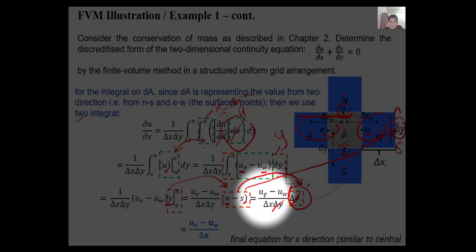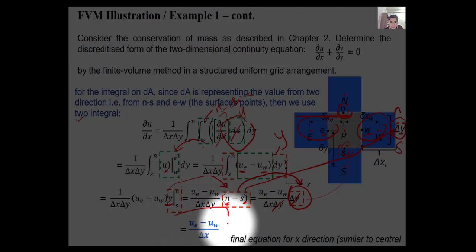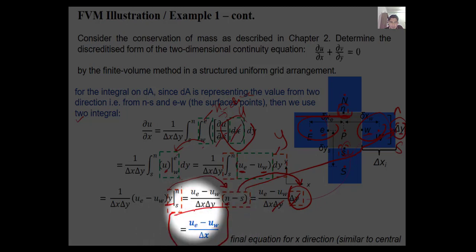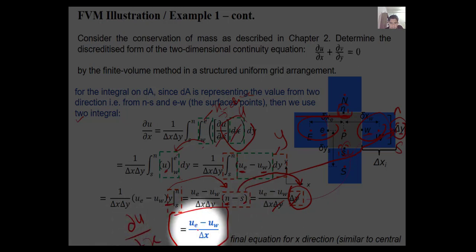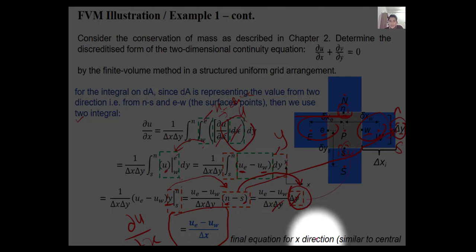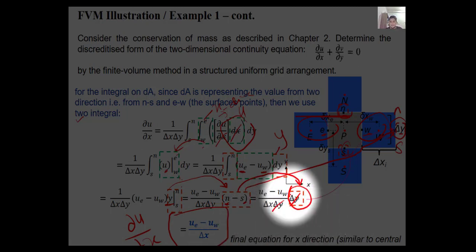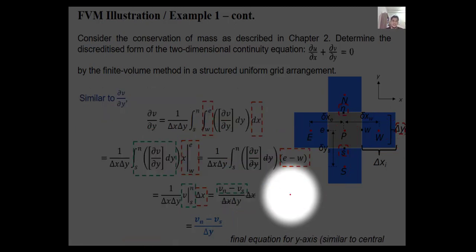So velocity at east minus velocity at west over delta x is all that is left. If you realize, this is the final one for partial u over partial x. So this is the final equation for the x direction. If you realize, this is similar to the differentiation method in the finite difference. We do the same